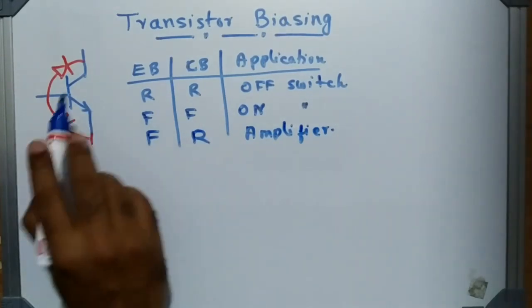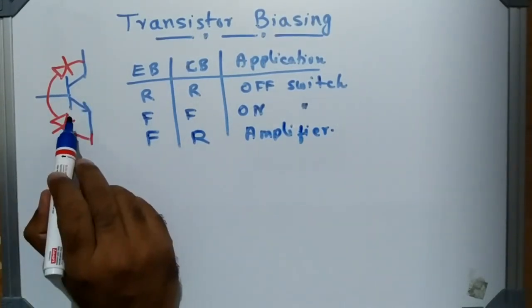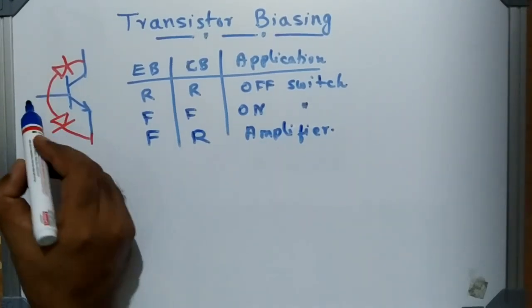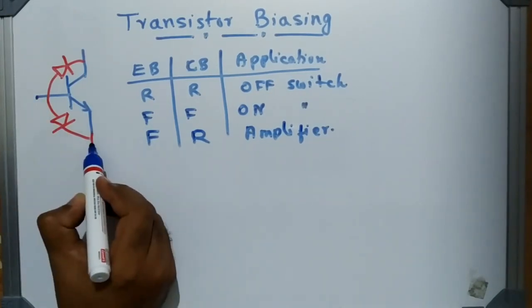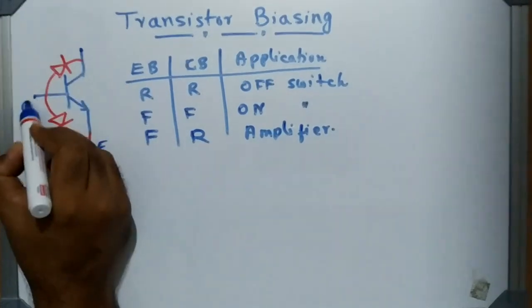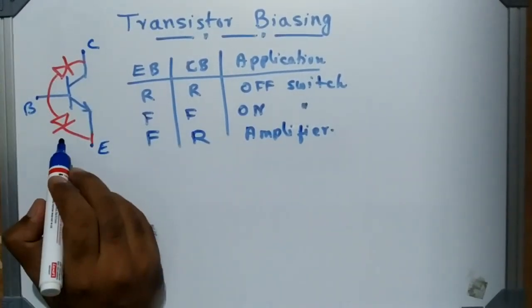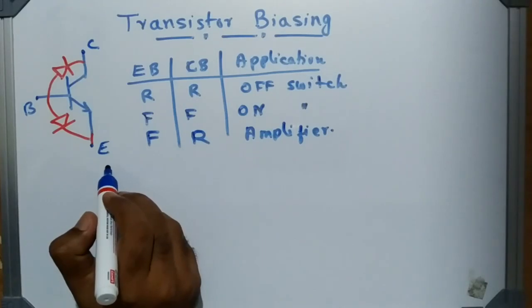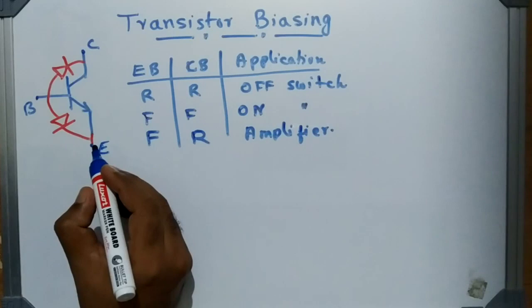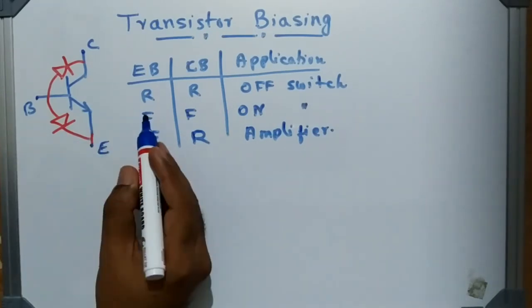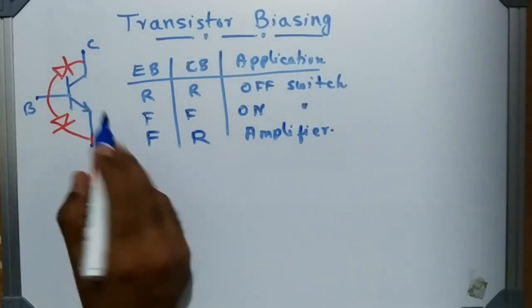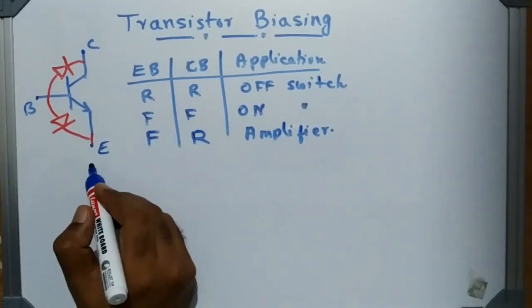So for the proper working of a transistor, we need to bias the two diodes. How to bias the two diodes is we have to apply the voltage across the terminals, that is emitter, base and collector terminals of a transistor. So this is called biasing. Now when you bias any transistor, there will be output current and output voltage will be set. So normally we take a common emitter configuration and explain the transistor biasing.